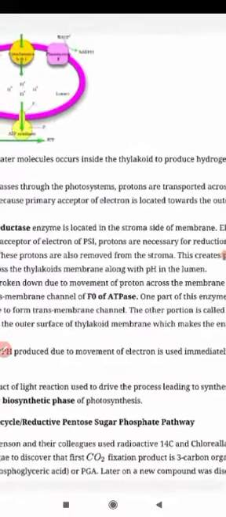I hope that you understood this uphill and downhill of the electron, and this happens in the ETS or electron transport system in PS1 and PS2, and formation of two things. One is synthesis of ATP molecule and another is synthesis of NADPH plus hydrogen ion. These two molecules get utilized in the next cycle, and that cycle will be called Calvin cycle. So now let us see what this is.